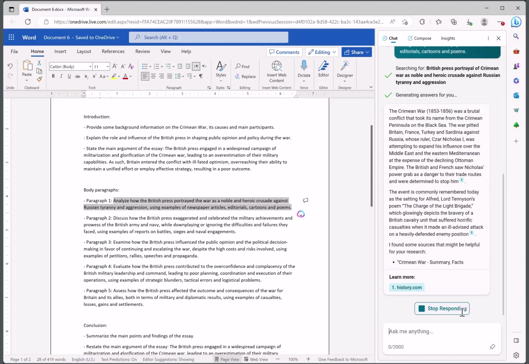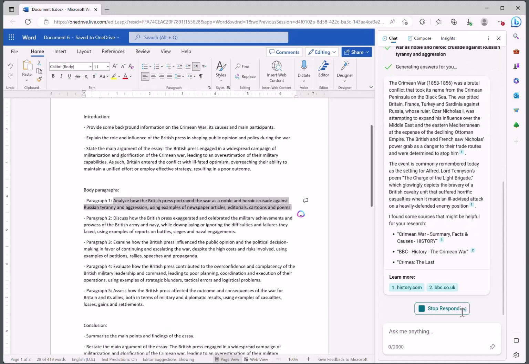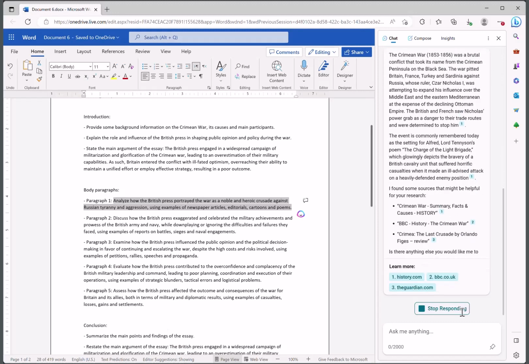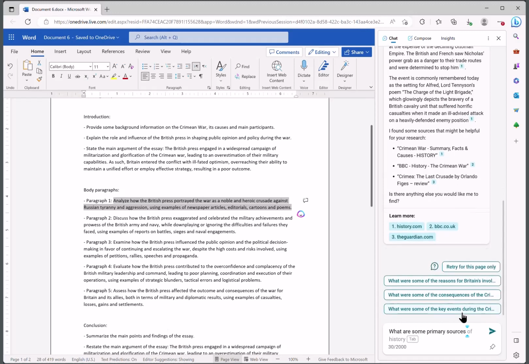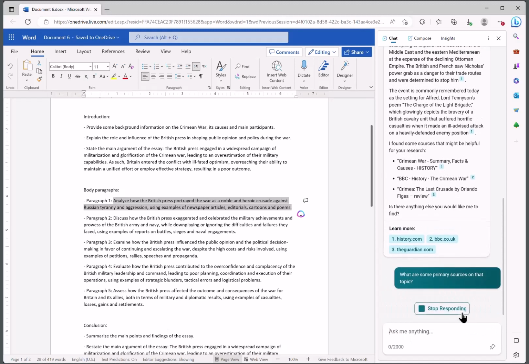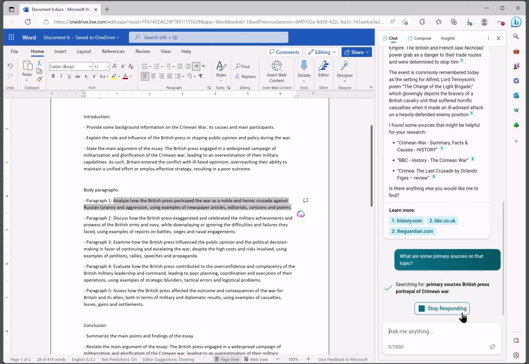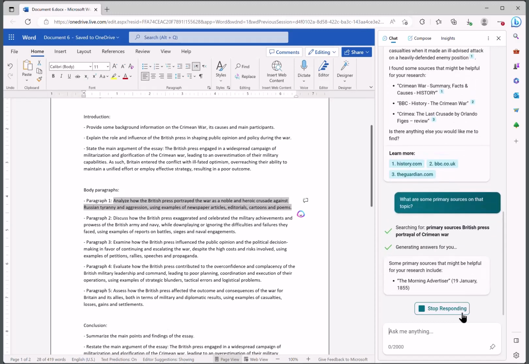It gave me some suggested sources in the response, even though I left that out of the revised prompt. But they seem to be all secondary sources, and I want to do as it suggested and include some quotes from some actual newspaper articles and cartoons from the time. Of course, Tennyson's poem, The Charge of the Light Brigade, is a primary source, but that source doesn't directly support a point about what the press was saying. It was influenced by the reporting, but for this paragraph, I want some examples of the actual reporting.